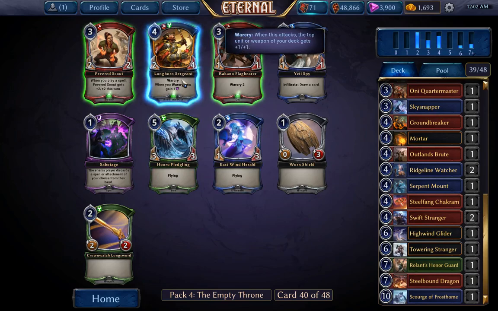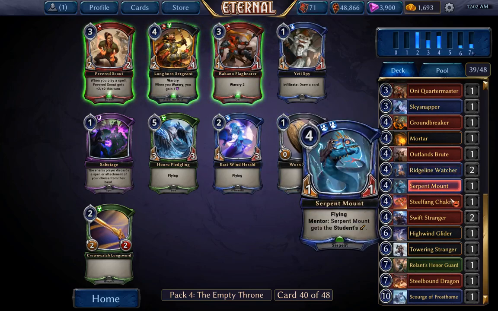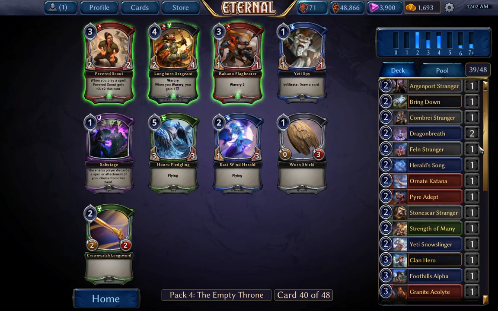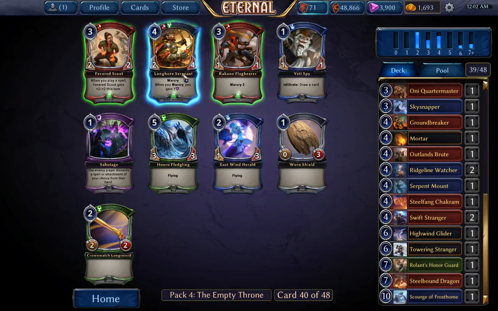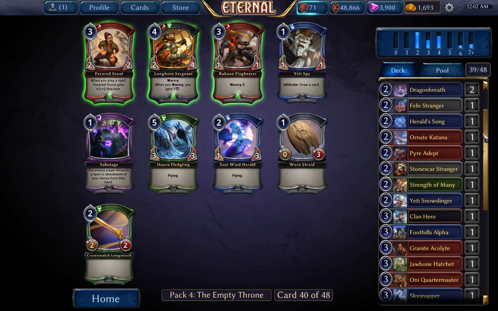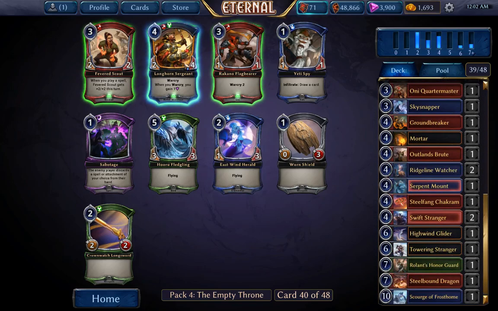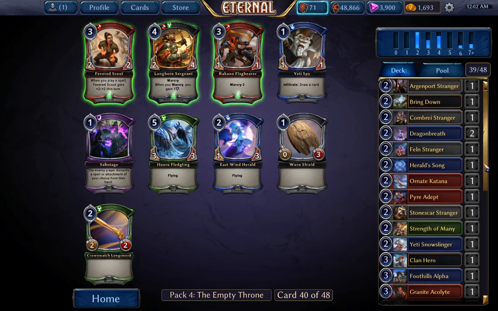At this point, do I just go ahead and take a Longhorn Sergeant? Because if I'm gonna switch out of red, I'm blue, then I might as well just pick up a red-green card, right? Alternatively, I take a 2 mana 1/3 flyer. That's uninspiring. No, let's just... Jeez. Maybe I should really think about what colors...